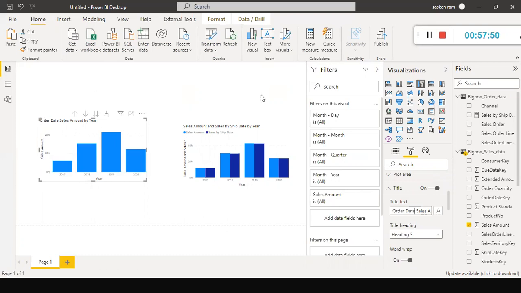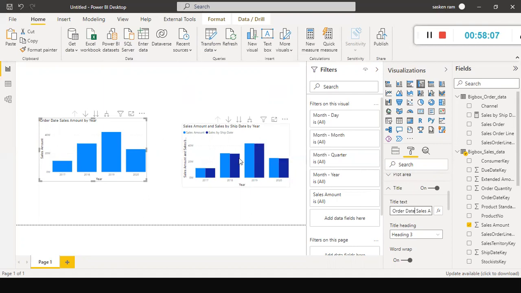But I want the date table to filter the sales by ship date, right? In the same visual, I just dragged and dropped it. So sales by ship date, and this is nothing but sales amount. Okay, this is the one, right?